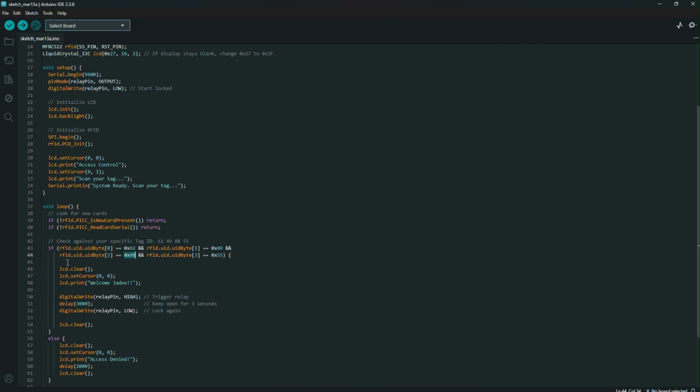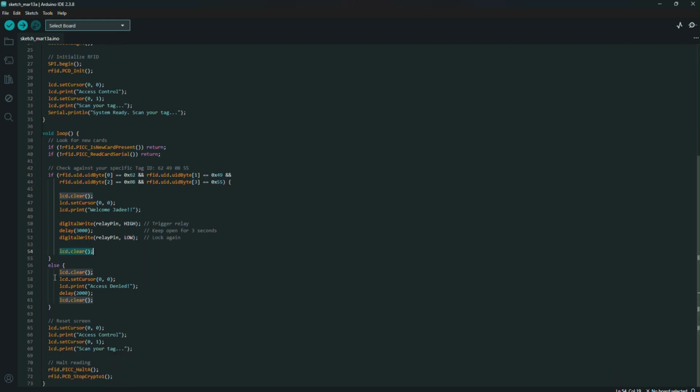So if that condition is true, this message will be displayed on our LCD. And then after that, the relay pin will go high, it will trigger the relay pin, and then after this delay it will go low again, then the LCD will clear.